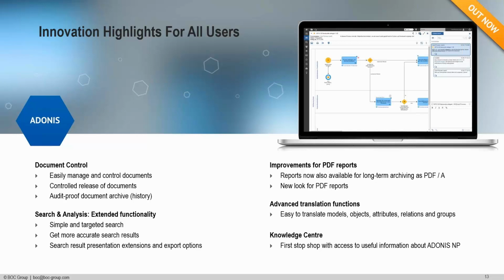With the advanced translation features, which we'll again see in the demo, you have the ability within the search and analysis functionality as well to perform more targeted searches to get more accurate results. And the number of search results that you can view has also dramatically increased. I think in the past it was only up to 1,000 entries, but we can now support up to 10,000 entries in the search results.